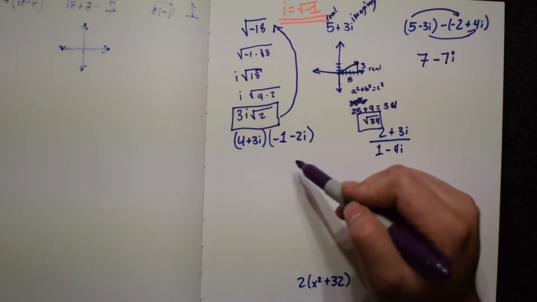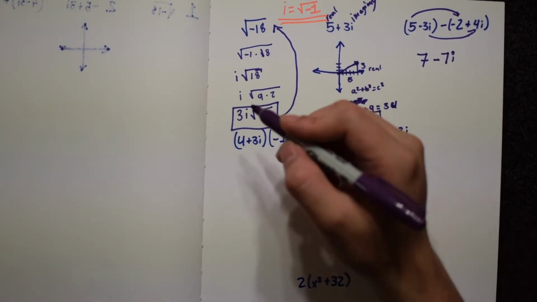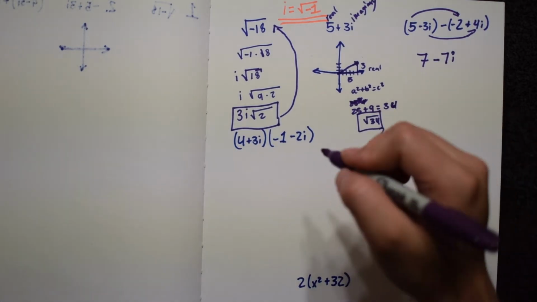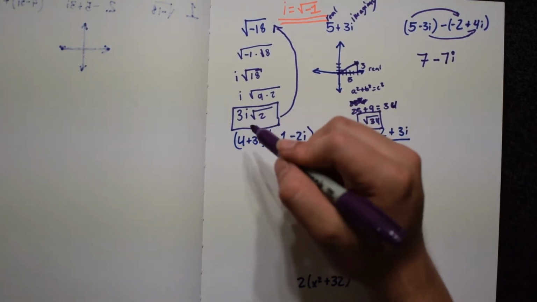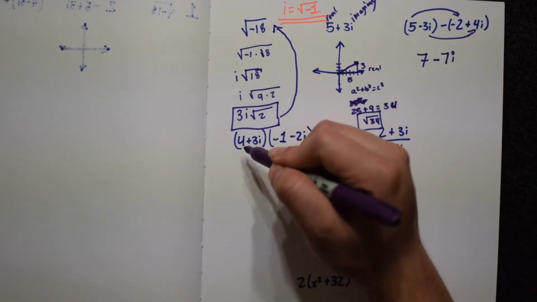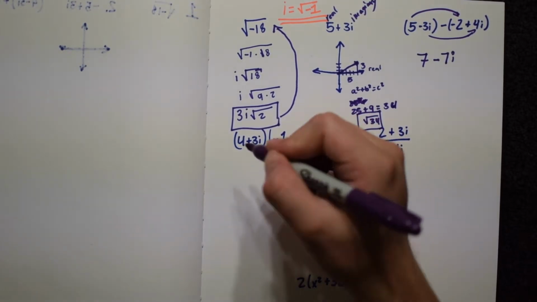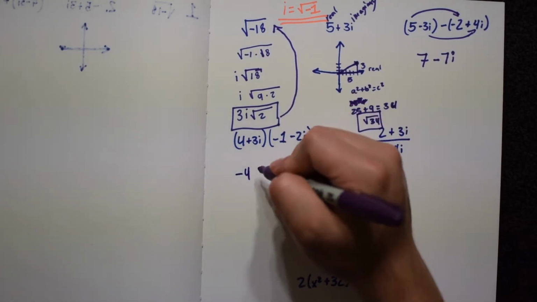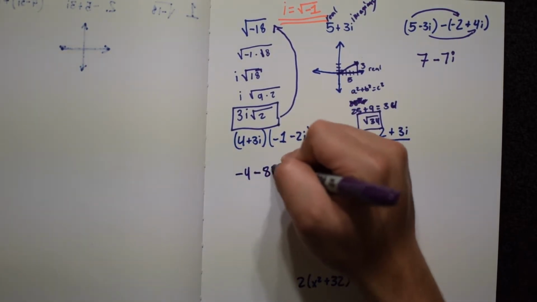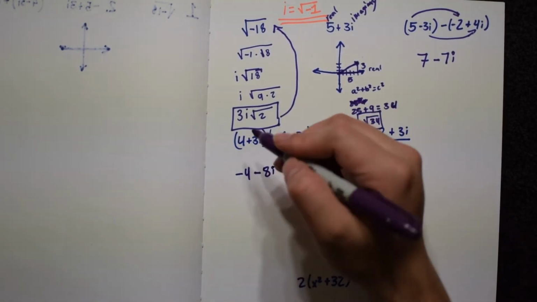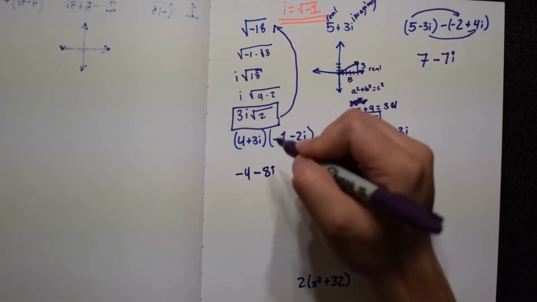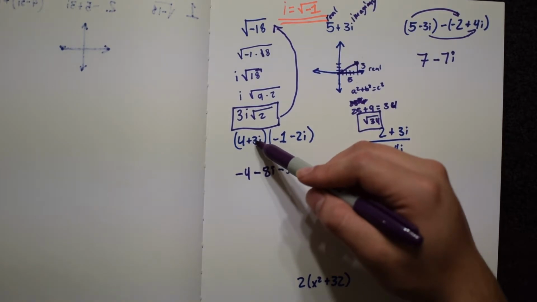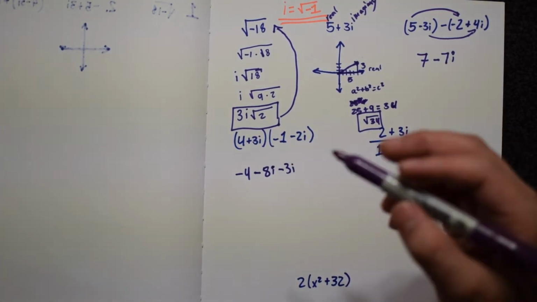When they're asking you to multiply, multiplying is actually pretty simple too. All you have to do is use the FOIL method, or if you would like, you can use the box method. I personally like FOIL, so I'm going to use 4 times -1, which gives me -4. 4 times -2i, which gives me -8i. 3i times -1, which gives me -3i. And 3i times -2i, which gives me